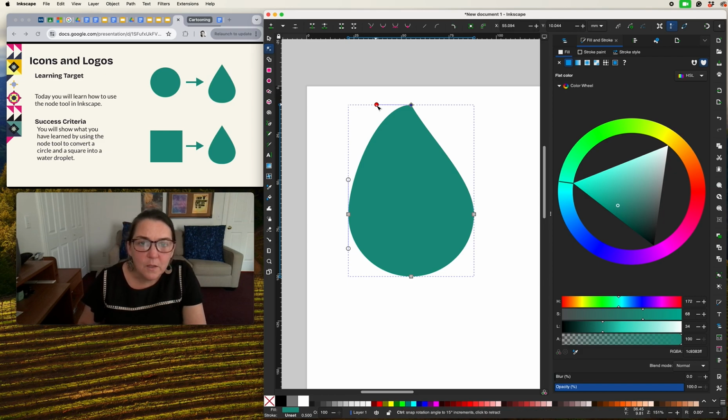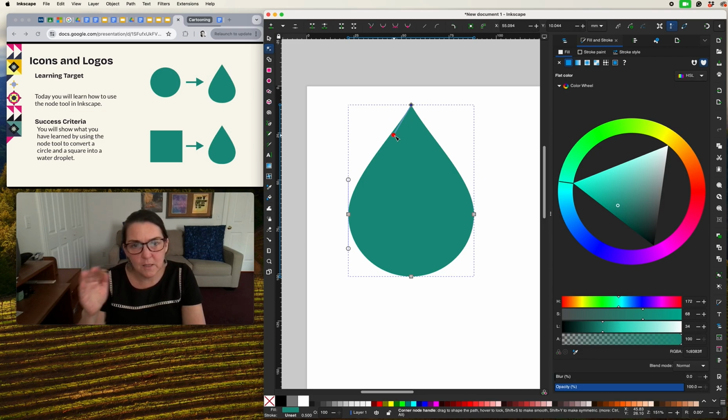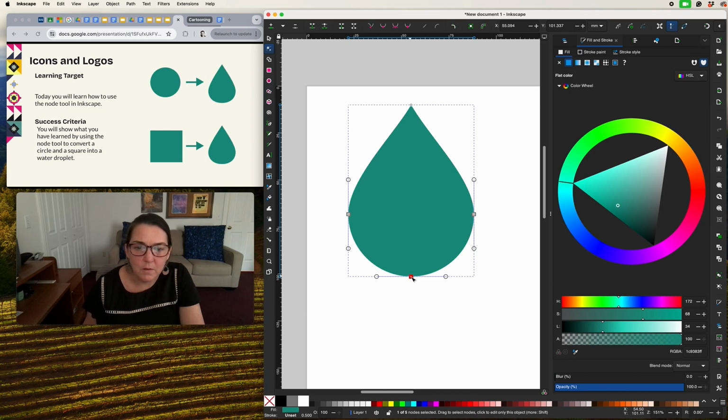All right, so I'll hold down Control and click this one so that it is symmetrical. If I clicked it down 4 times on the right-hand side, I will click it down 4 times on the left-hand side. So now I have a nice symmetrical teardrop shape. I can continue altering this shape by clicking on any of the other nodes. So if I take the bottom node, select the bottom node, make sure it turns red,